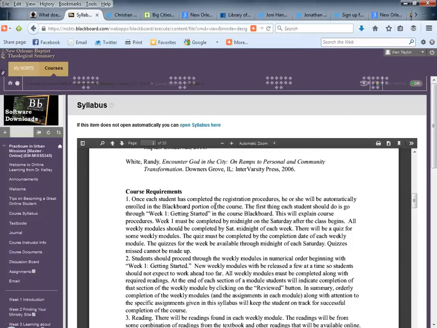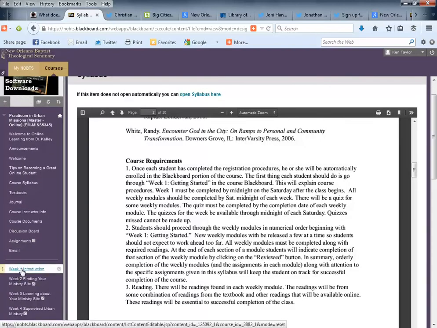So the course requirements are given here. This first one and really the second one deal with doing the units. Each week there will be a unit due in addition to your work at your urban site. Go to the units, and these will be found on the left hand side. Here is week 1 that you'll be able to see first, and you can go to week 1. We'll go to that one in just a moment, but those units are due by Saturday midnight each week.